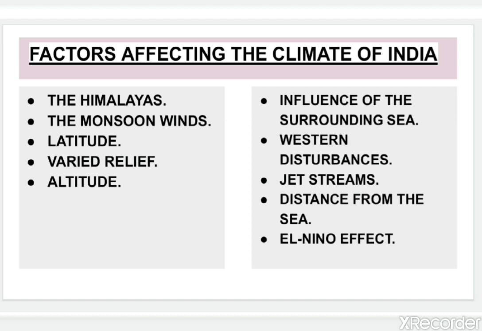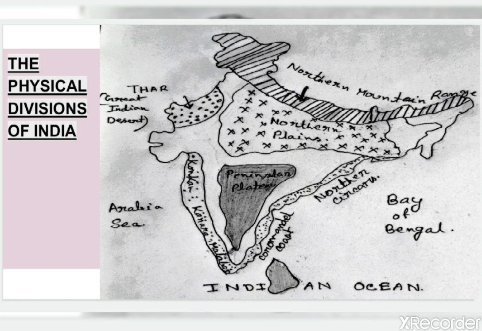Now let's see our next point, that is influence of surrounding seas. If you see the map of India, again you see the southern side of India is surrounded by oceans. See, in the western side we have the Arabian Sea, then in the eastern side we have the Bay of Bengal, and in the southern part we have the Indian Ocean, right? So India is flanked by three water bodies, namely the Indian Ocean, the Bay of Bengal, and the Arabian Sea, which have a profound impact on the climate, right? So these water bodies act as a major source of moisture to the summer monsoons and bring heavy rainfall to the whole area.